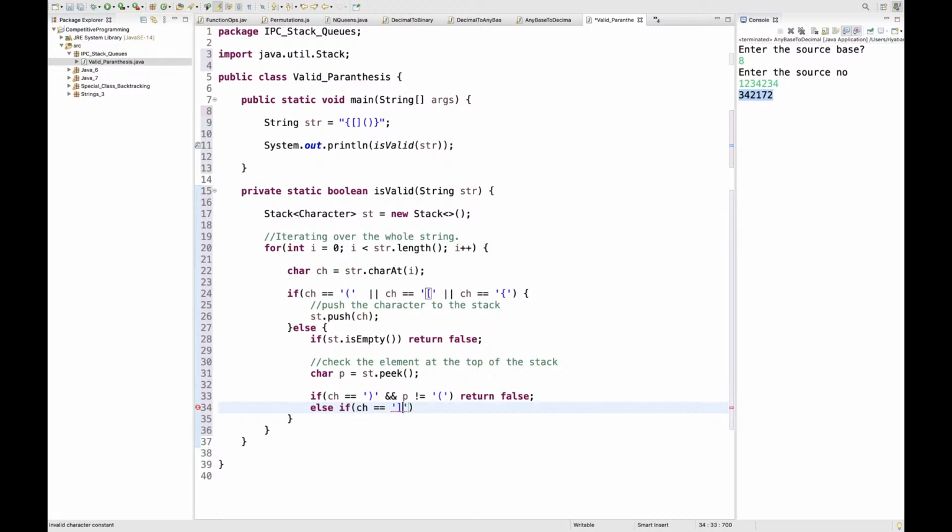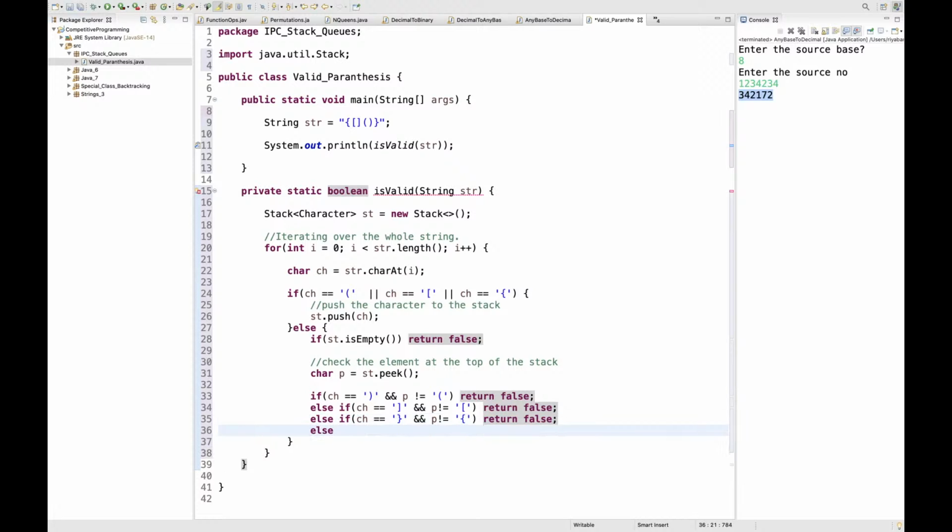If the character here is this, and ch and peek is not equal to this, then you return false. This is what we had been doing. Else if ch is equal to this and the character at the top of the stack is not this, then you return false. This is the only thing that you have to do.